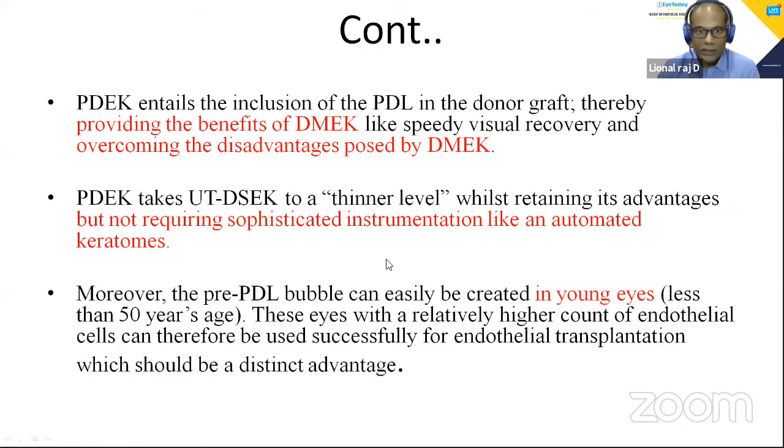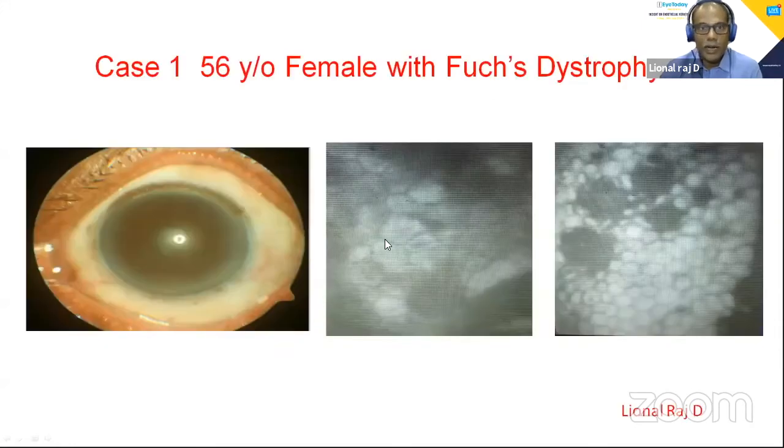One more important thing is, as Siddharth was mentioning earlier, don't try DMEK in young eyes. That is because young eyes have good adhesion of the Descemet's membrane to the underlying stroma, and it's very tough to make a Descemet's membrane dissection there. Whereas in PDEK, when we dissect the pre-Descemet's layer along with endothelium and Descemet's, it becomes relatively easier. However, the unrolling properties are tougher, unlike the elderly aged eyes. But the dissection becomes easier. So that is one more additional advantage of PDEK.